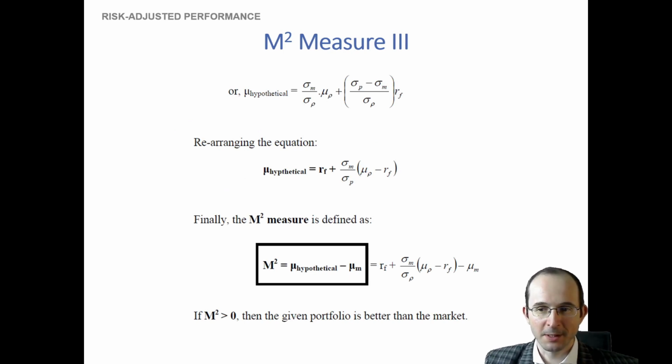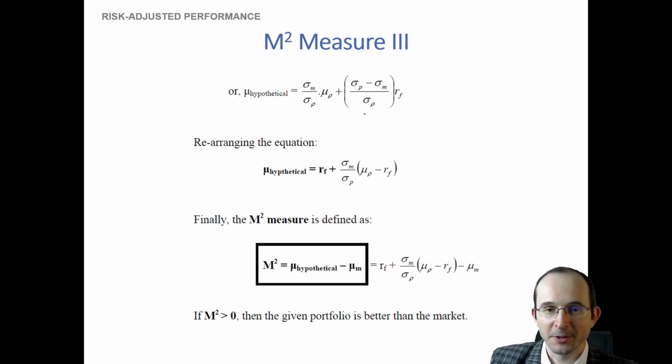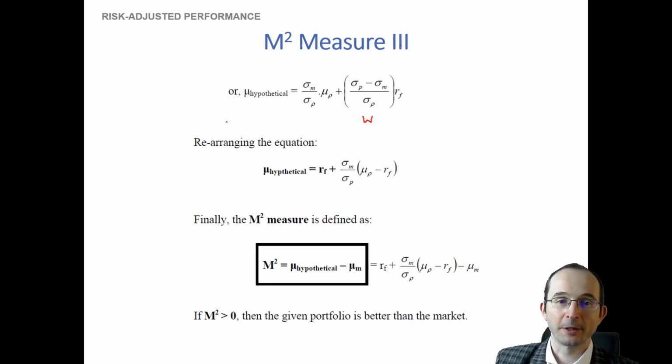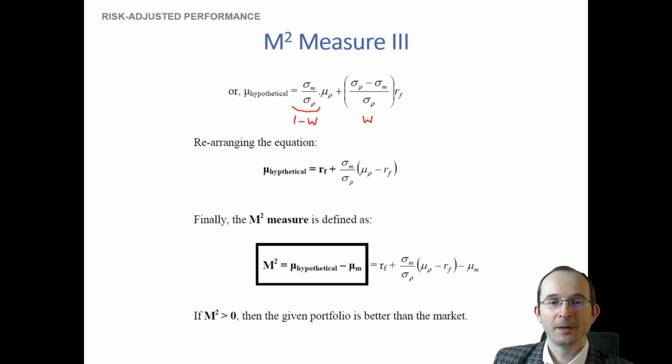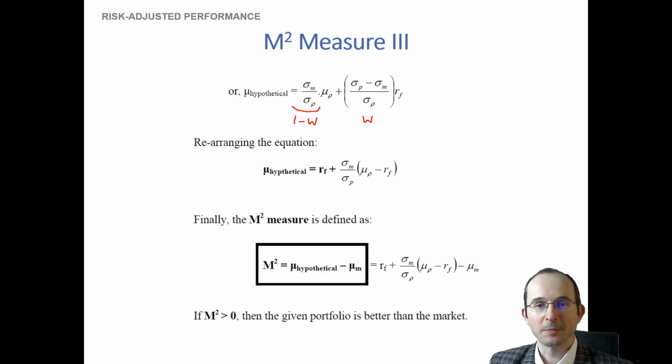Also, what we can do is substitute in our definition for the weight on the risk-free asset W from the formula on the prior slide, and this is the definition of the 1 minus W on the prior slide. And if we wanted to, we could collect terms in mu minus RF